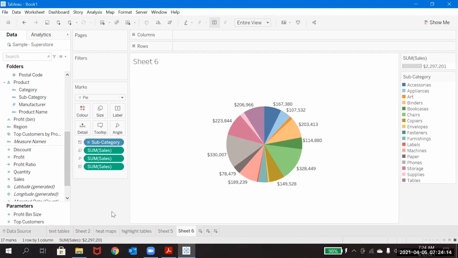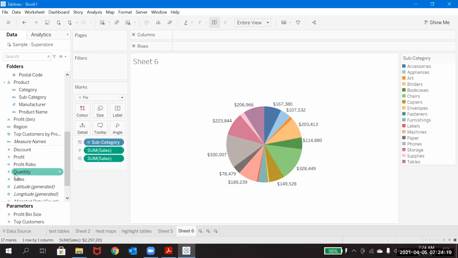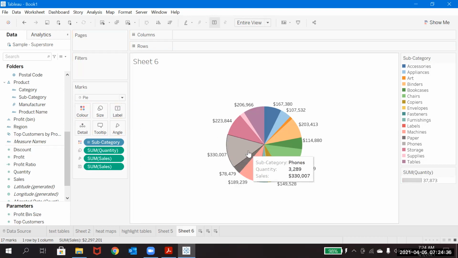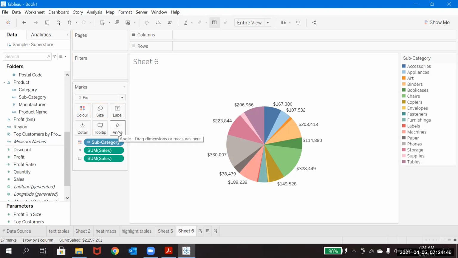Okay, so you should keep something into angle. See, now I just removed the sales from size because it will not affect anything. Sometimes it affects when you would like to use some different one, because these values are very minimal, so you're not seeing any observation. In most cases you don't require this, but you should remember which one you keep in the angle. Based on that only this bifurcation will happen.